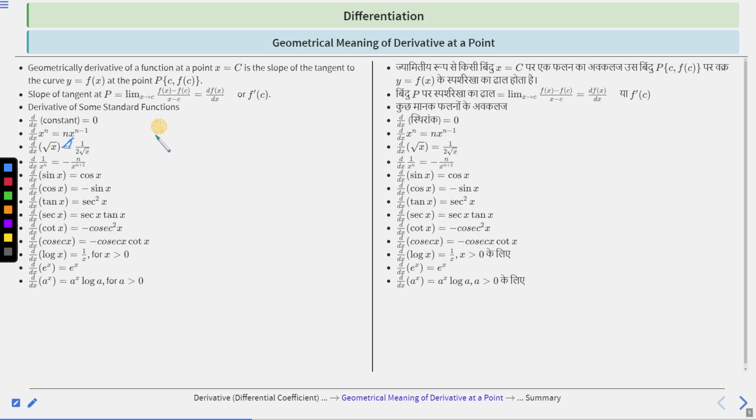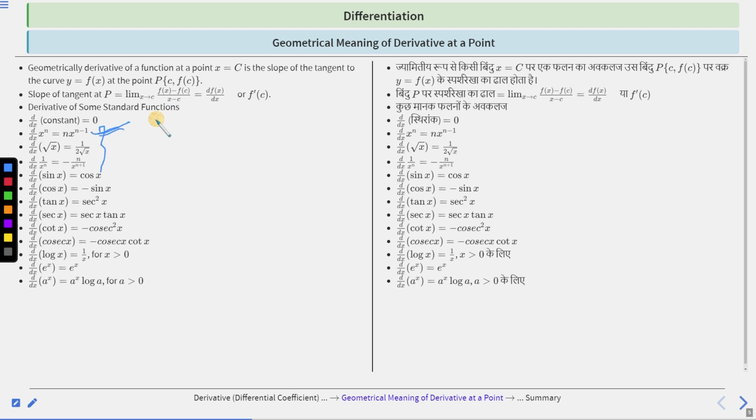Clear? So this is not a different formula. This formula is same as this one, right? Again, see, d upon dx of 1 by x to the power n. Same formula. See, here n is replaced by minus n. So after applying the same method, that is minus n x to the power minus n minus 1, you will get this result, minus of n upon x to the power n plus 1. Clear? So these three things are basically same, and it is based on this formula only.